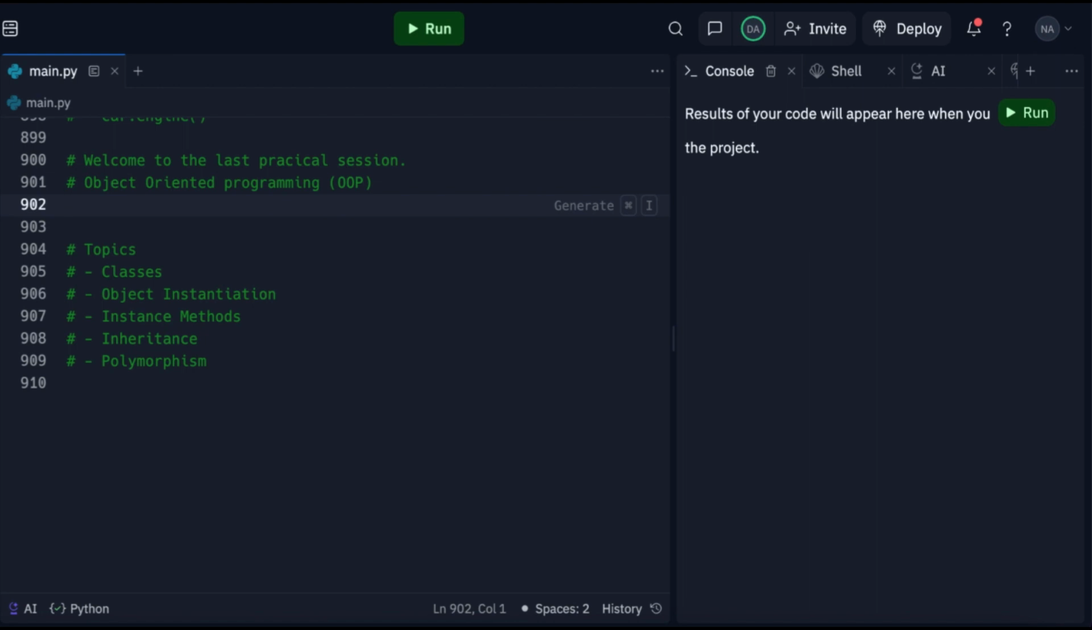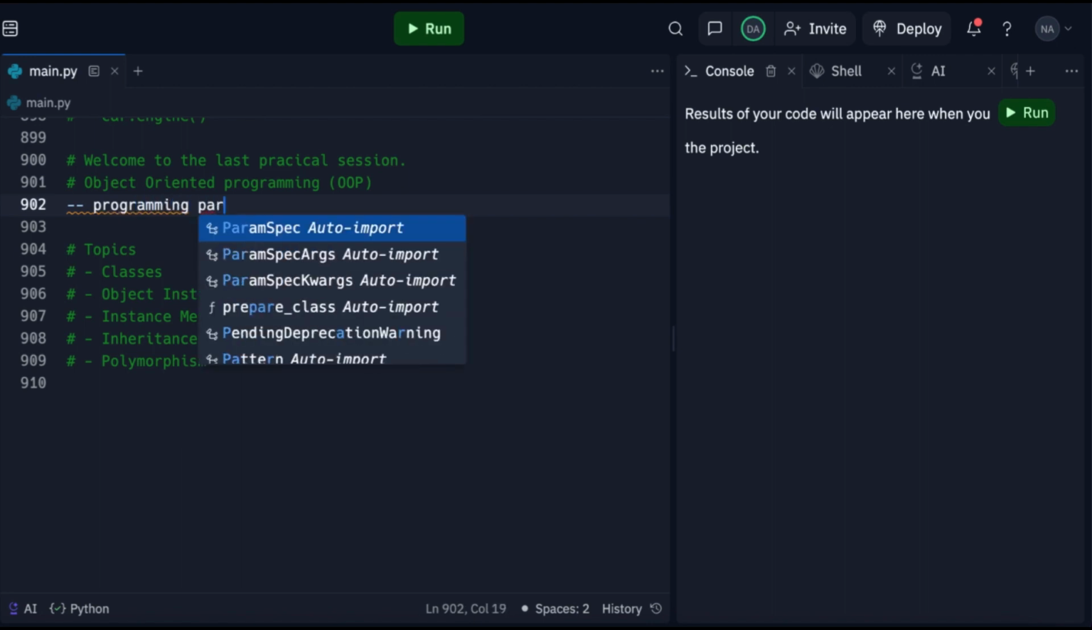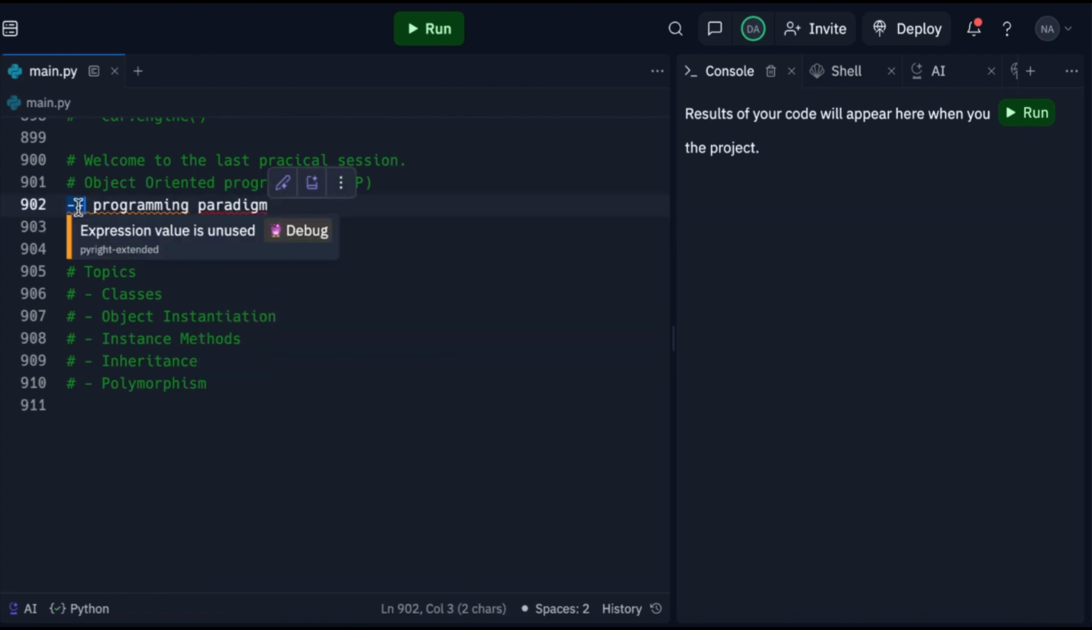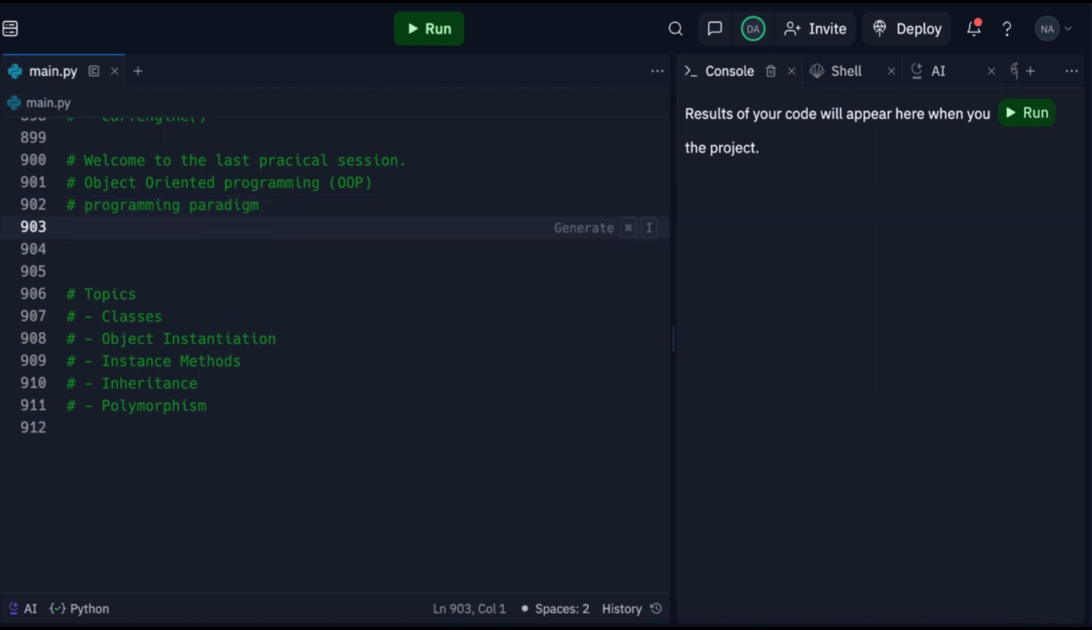So what does object orientation mean? Basically, it's a programming paradigm. We call it the object-oriented design paradigm. It represents each entity as state and behavior. Okay, so what does it mean? State basically means